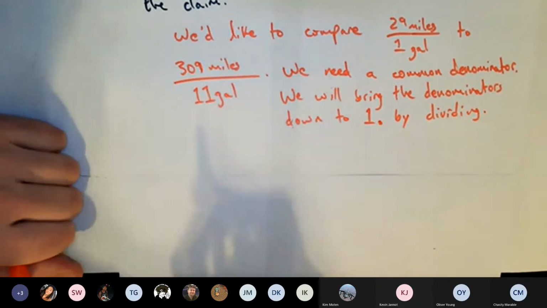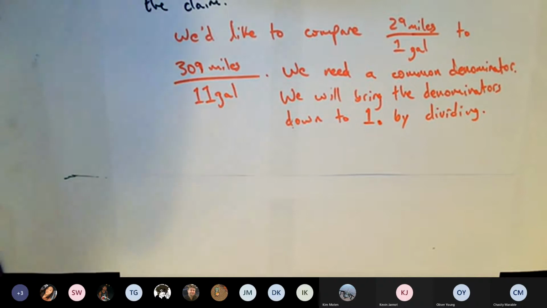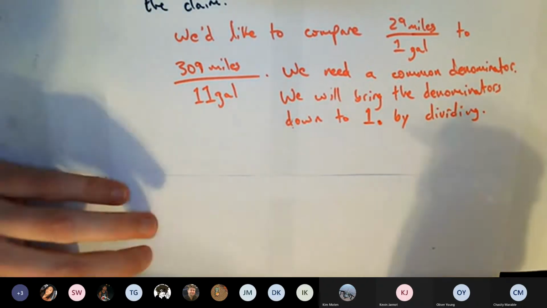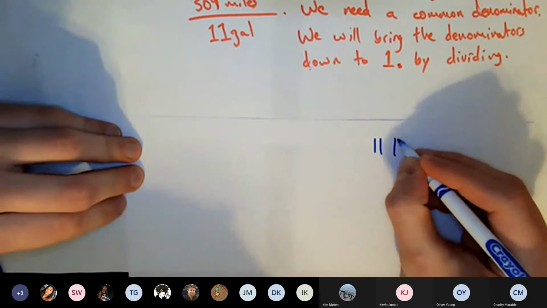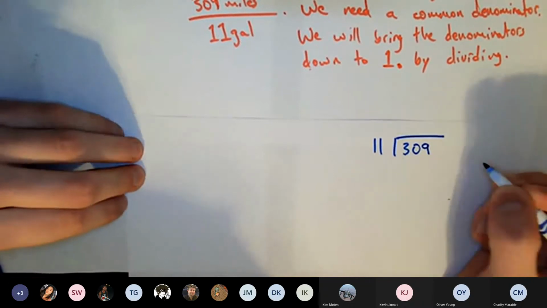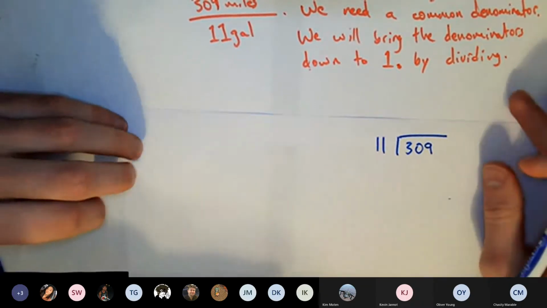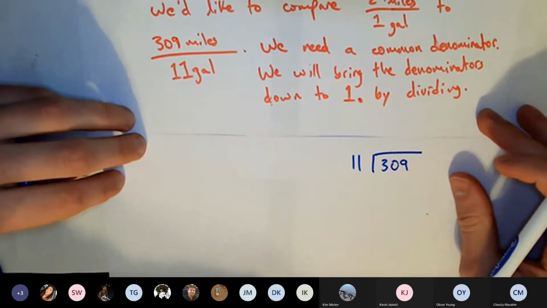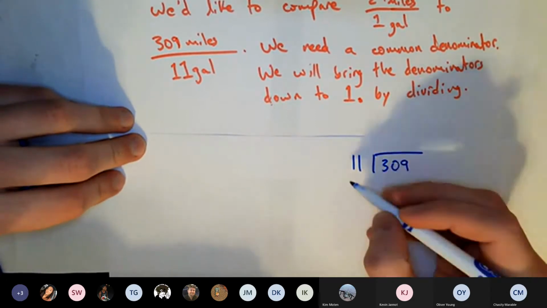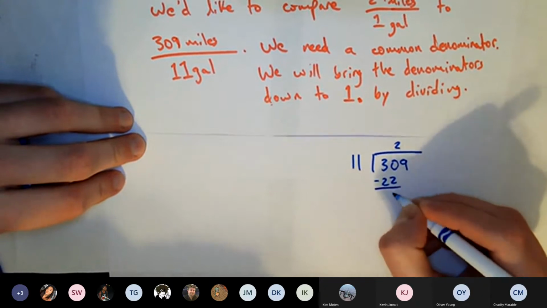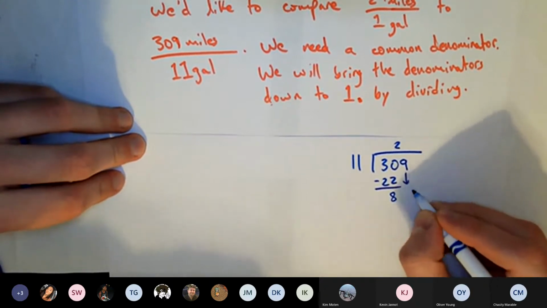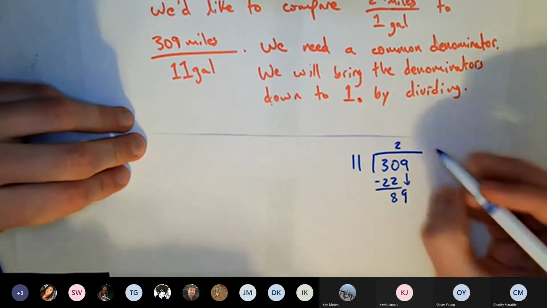Literally do 309 divided by 11. Okay. So just for fun, you could do it by hand, even though you can just use a calculator. So let's see, 11 goes into 30 twice. So you've already gotten the answer by dividing, but